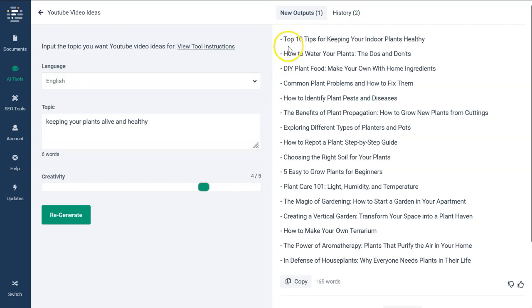So about 5 seconds later, you can see Frase spits out some pretty unique and awesome results with the creativity turned up to high, such as exploring different types of plants and pots, DIY plant food, how to make your own at home, which is really interesting. I didn't even know you had to feed your plants. And then creating a vertical garden, how to transform your space into a plant haven. See, now that's really interesting. I think we should go along with that one and